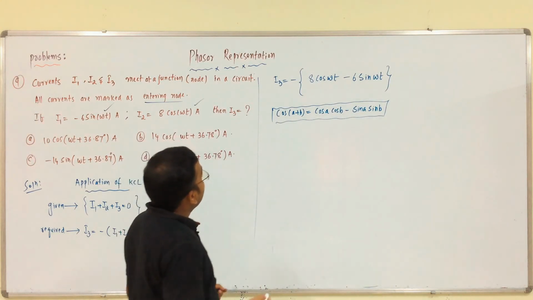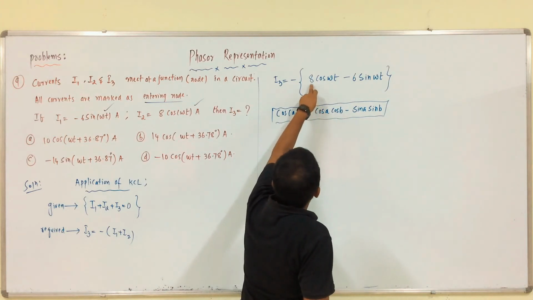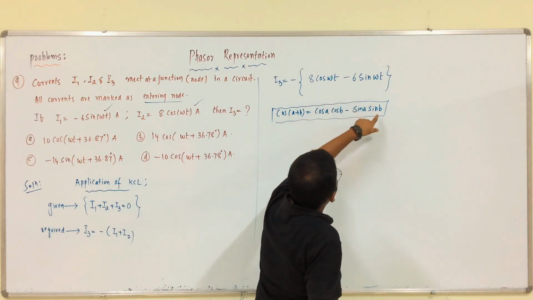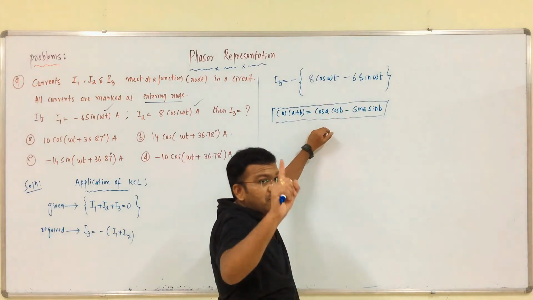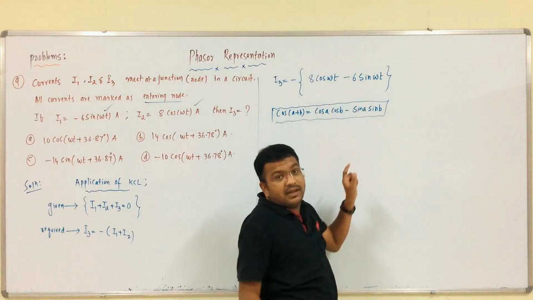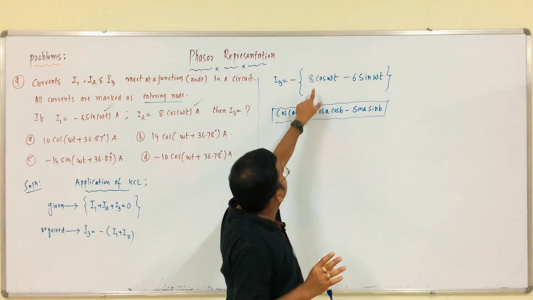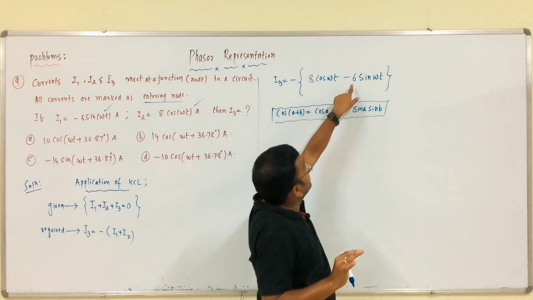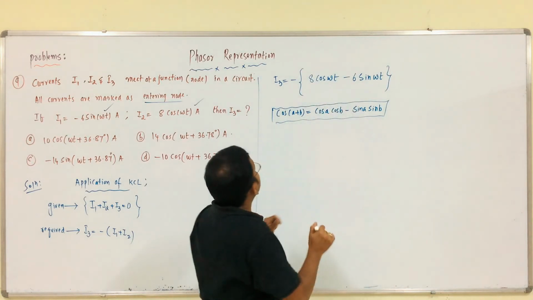Right. Then if we provide this formula into this, cos A should be equal to 8, cos B, B is nothing but omega t, like that sin A is equal to 6, sin B is equal to sin omega t. But for cos A cos B, the maximum value is nothing but only 1. Here we have 8 and 6. Is it possible to apply this formula? No. Then we have to change this 8 into 0.8, this 6 into 0.6. Then we will apply this formula, right.